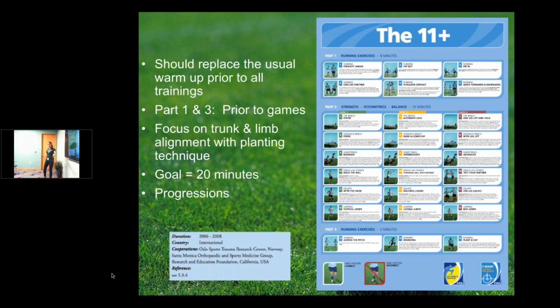This is an example. I know you're not supposed to be able to read this, but this is what it is. If you look it up on the website, you can download it. You can send it to your phone. If you have videos, you can send it to your phone. They have these little things you can order online to keep in your coaching bag or keep anywhere you need. So they'll send this to you. You guys can look at that if you want.